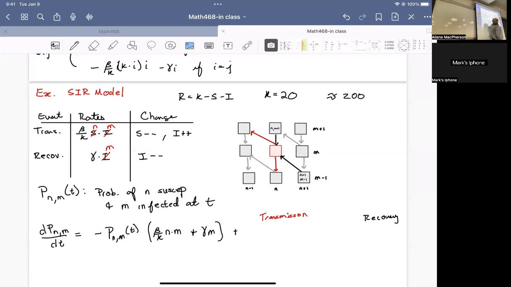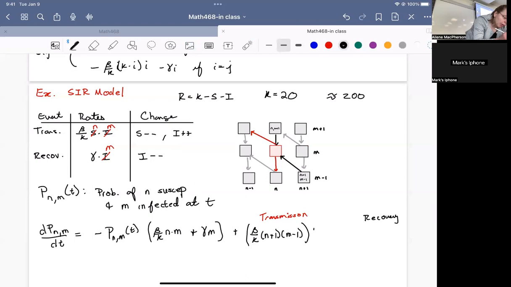That means we have to go from the N plus 1, M minus 1 state into the NM state. There are lots of transmission events occurring, but only one of those brings us into the right state. So we have beta over kappa, N plus 1, M minus 1,